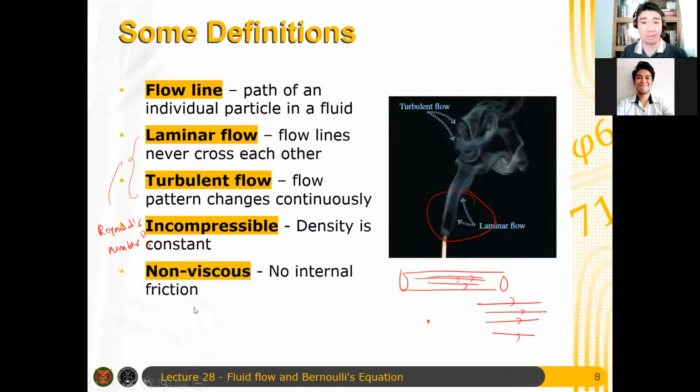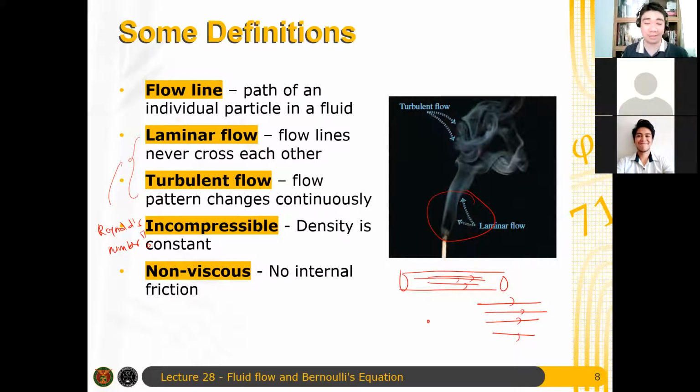And then finally, we have non-viscous. Viscosity is a measure of the resistance of a fluid, either to itself or to the container. That can be measured. We are only focusing on the non-viscous aspect, that is, there's no internal friction among the particles or among the parcels inside the fluid. Okay? Questions? These are some terms that we need to remember. Is this clear? Yes, sir. Okay, I hope that's clear.